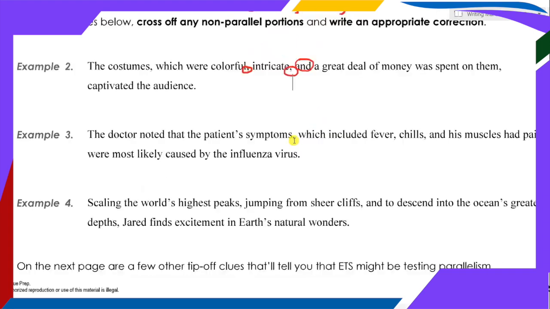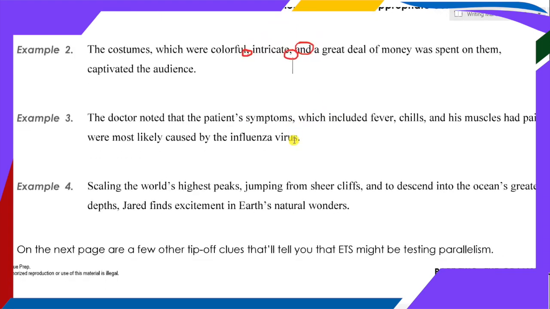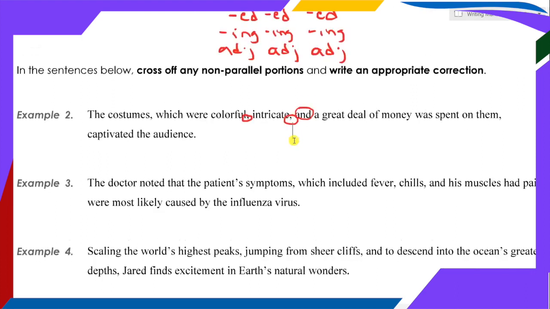I would go ahead and take a stab at examples 2, 3, and 4, make any corrections that need to be made, and then come back and we'll do them together. In example 2, we have: the costumes, which were colorful, intricate, and a great deal of money was spent on them, captivated the audience. So we have the costumes captivated the audience, and then nestled in the middle of this